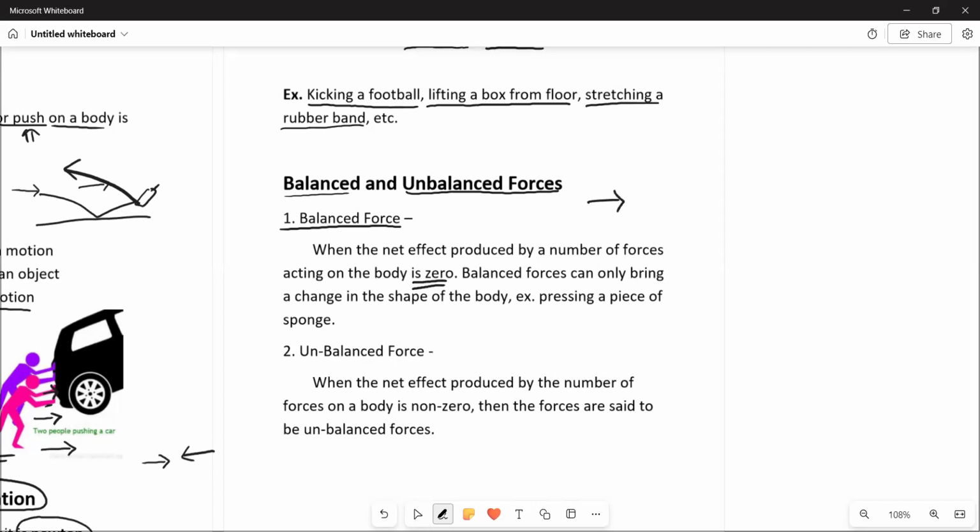So for example, one force is acting from left to right of, say, 2 Newton, and another force of 2 Newton is acting in the completely opposite direction. So this will be considered a balanced force, as they will cancel out each other. This 2 Newton will cancel